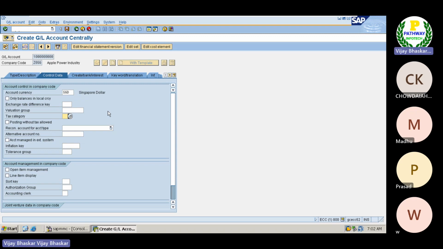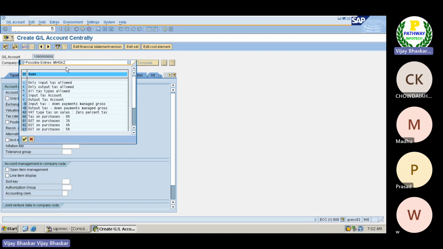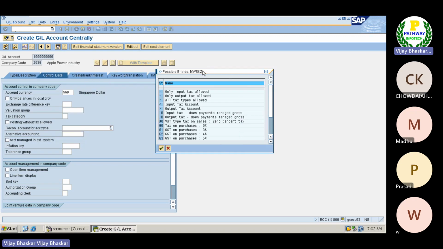The taxes are of two types: one is the input tax and the other is the output tax. Even in GST, we have the same scenario. Now, if I go inside this one, what kind of tax is this GL account relevant for? It should be relevant either only for input tax or only for output tax. If you select, let us assume, only input tax,